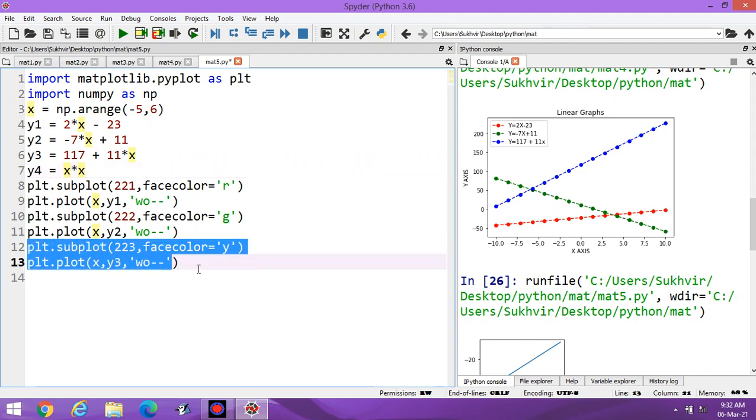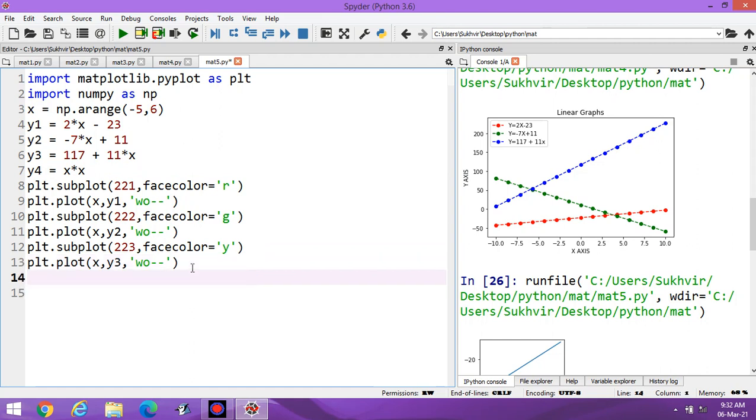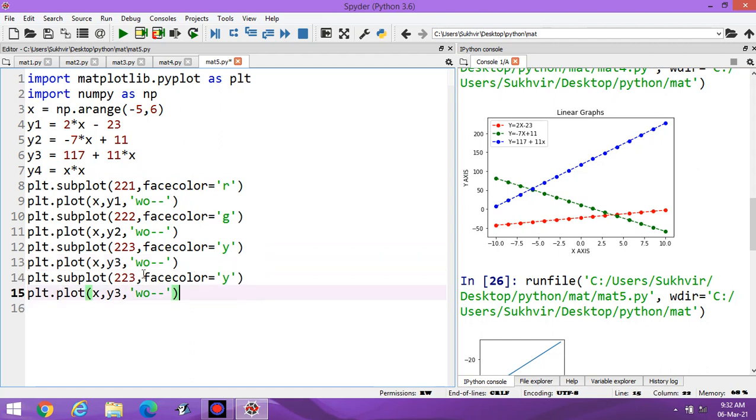You can copy the content again, Control C and Control V. Here you can set the location to 224. Let the color be blue and the variable is y4.